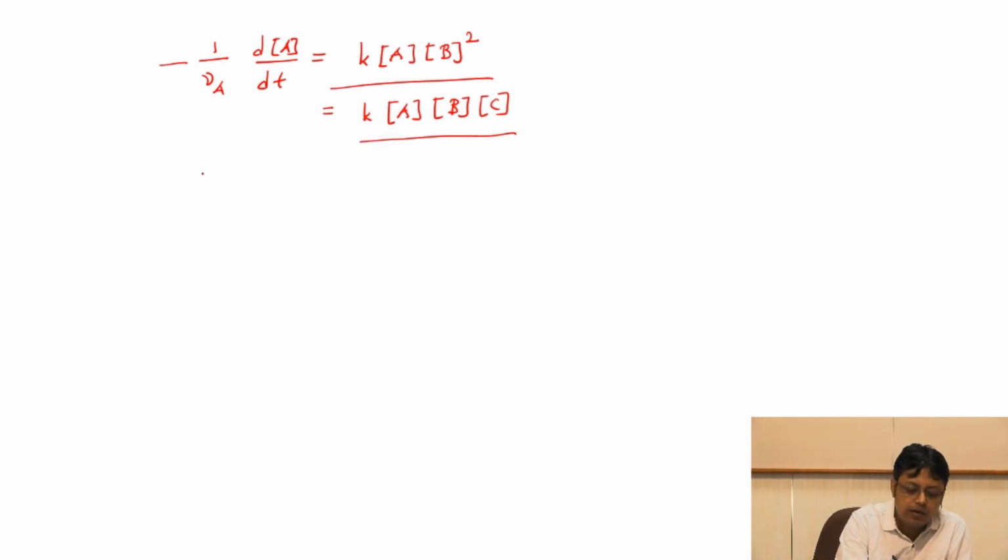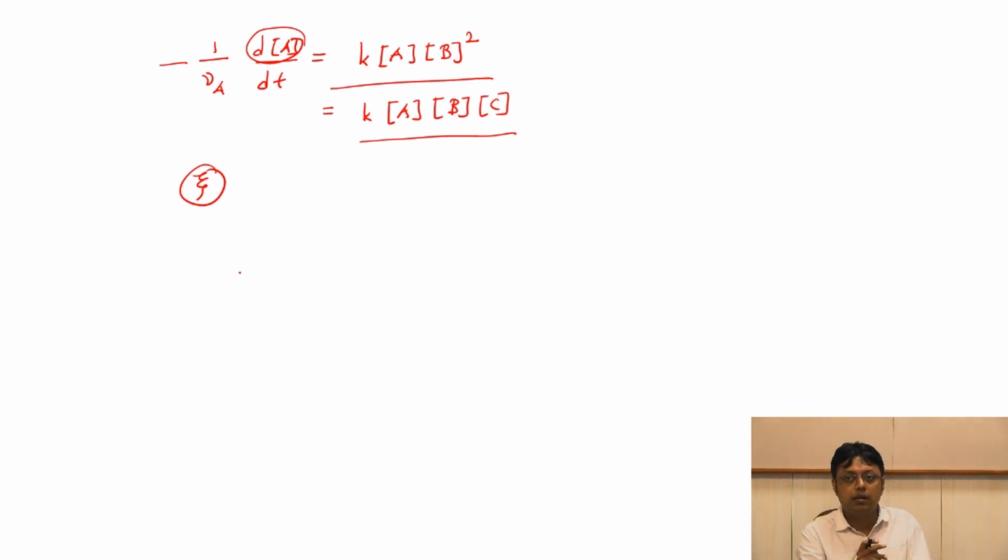You just have to eliminate xi from the b equation and a equation, and then equate them, and then write b in terms of a or c in terms of a. So everything you have to write in terms of a, because you're writing your rate equation as dA dt. If you had written it as dB dt, you write everything in terms of b, and then you choose some initial concentrations which are constants. But then at the end of the day, you need to know how to integrate that particular complicated form, because you need to use a standard integral table, and figure out what this integral is,